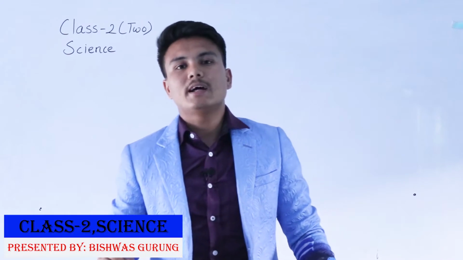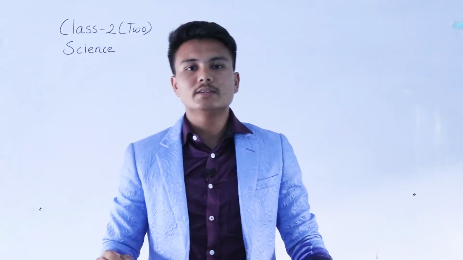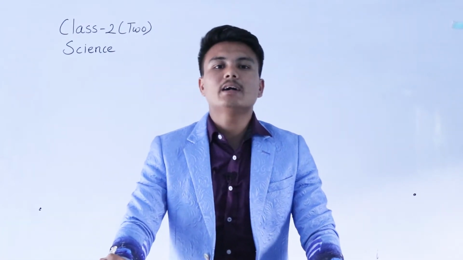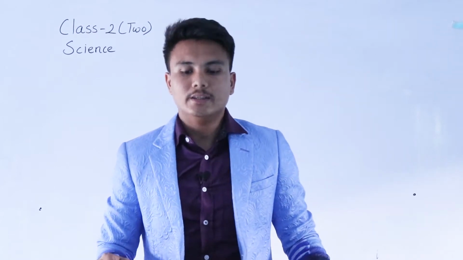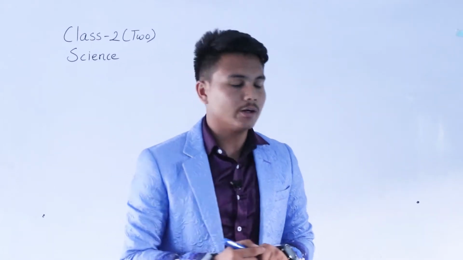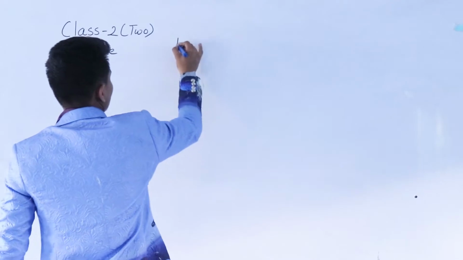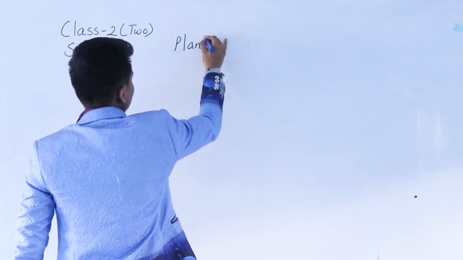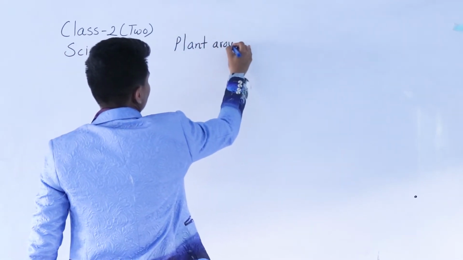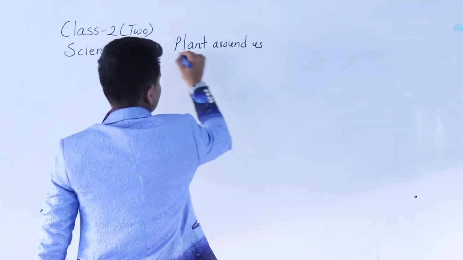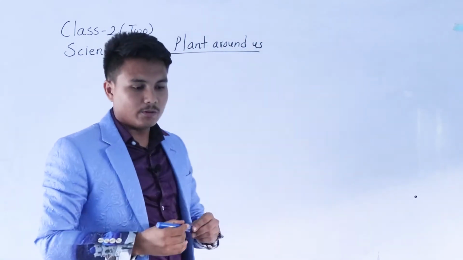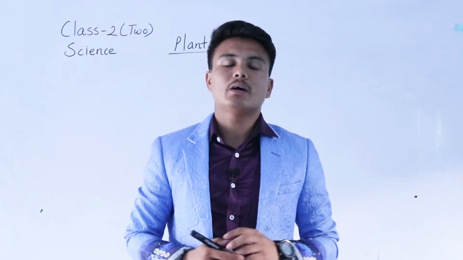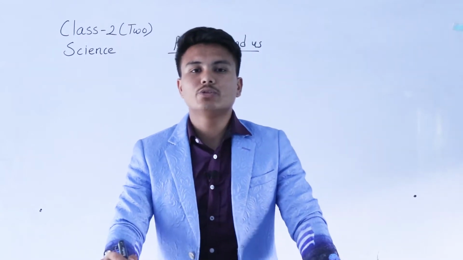In our previous class, we read about animals around us with their habitats and their uses. Now, in today's class, we are going to learn about plants around us. Before learning this chapter, the objectives of this lesson are that the students will be able